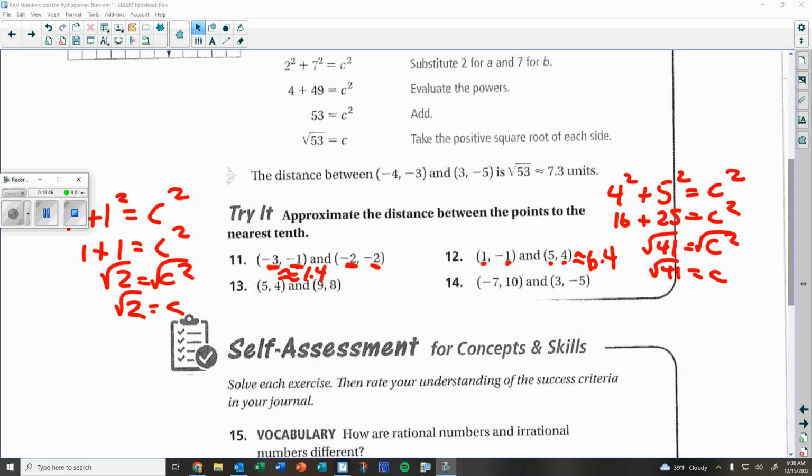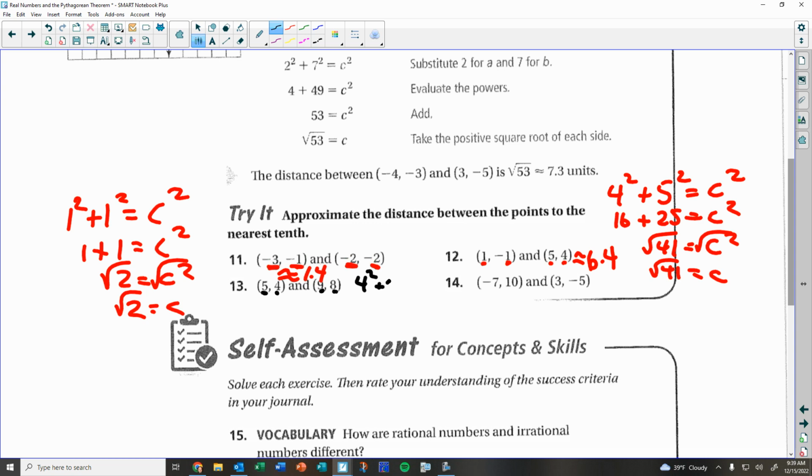So let's talk about it. What's the distance? Here, I'll do this one in black so you can see it. From 5 to 9, 4. And what's the distance from 4 to 8? Well, when you square 4, what do you get? Which is 32. So when you square root both sides, you get c equals the square root of 32, which